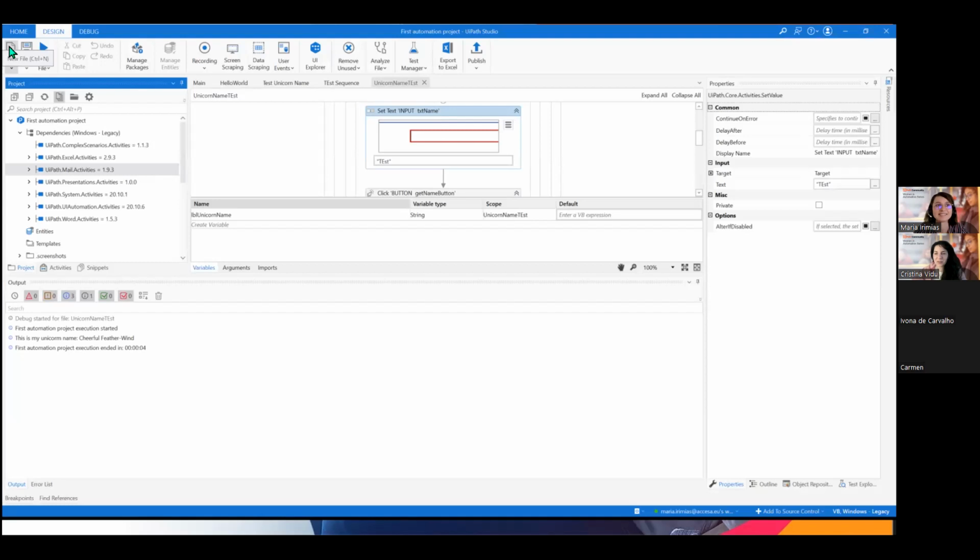Yes. Just for all of you who don't know the distinction, Studio X is our product for citizen developers who have no previous coding or technical computer science experience. So practically Studio X can be adopted by anyone. It's a no-code platform, very easy to adopt. Studio is, of course, for those who have a little bit of experience in computer science. And the automations which are built with Studio X are migrated to Studio if you open them with Studio. So that's also made possible with UiPath.